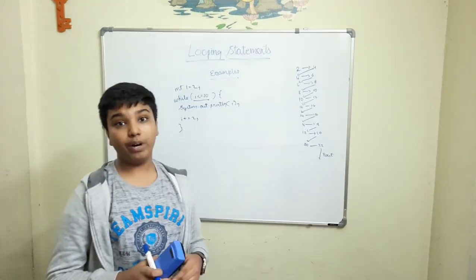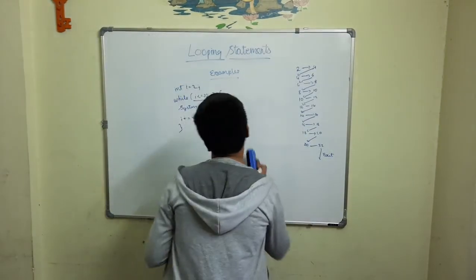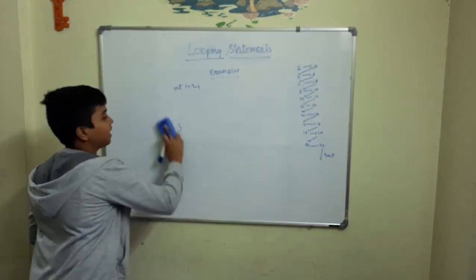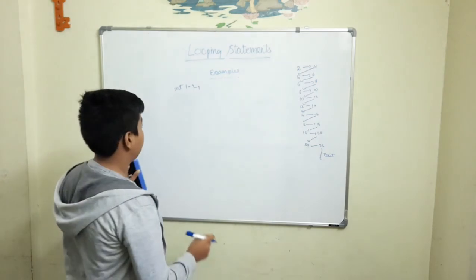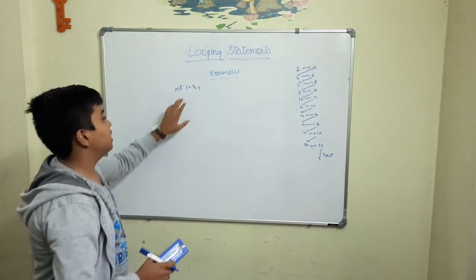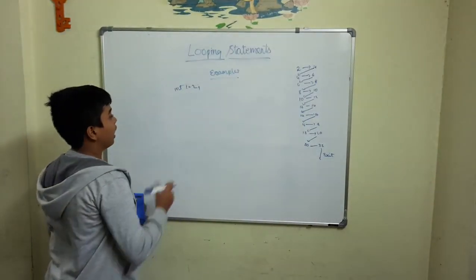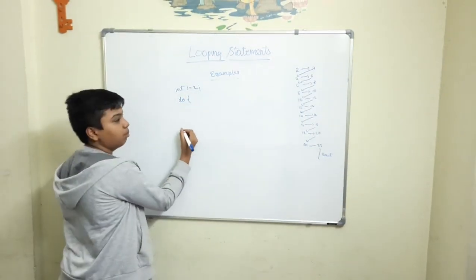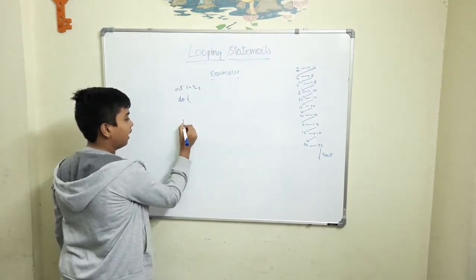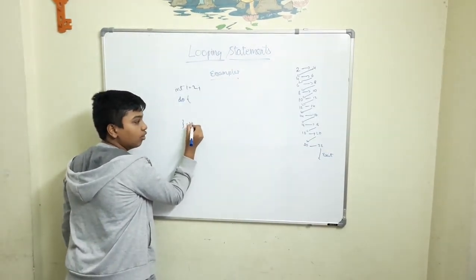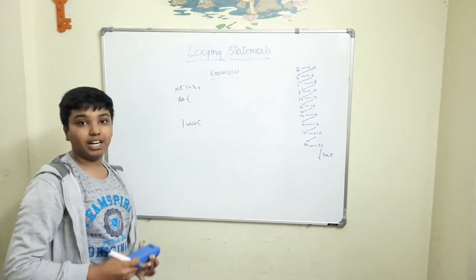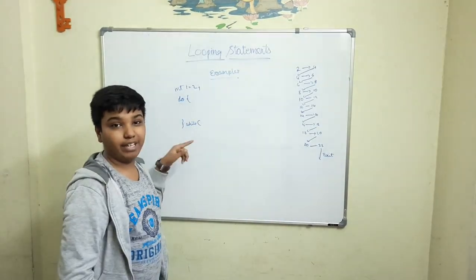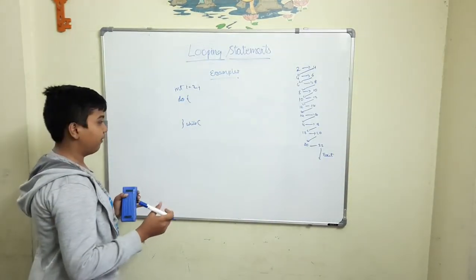So now let's go with the do while. So this is where things get a bit different, because the do while loop syntax is different and its methodology of working is different. So same initialization outside the loop, and then here do, and then just start off the block of code. And here comes the while statement. What is this while for? For checking the condition. So without the condition, it will just become an empty loop and go on iterating forever and ever. Okay, so that's why we need a while.